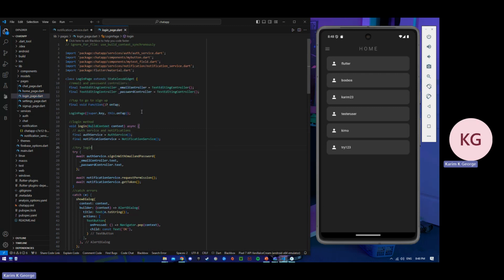So here, for example, I made it a stateless widget and defined the email and password controller for logging in,